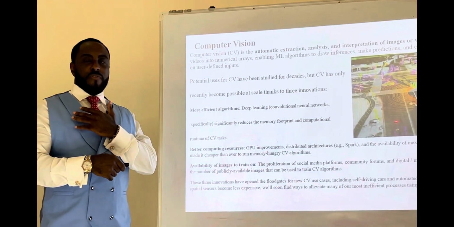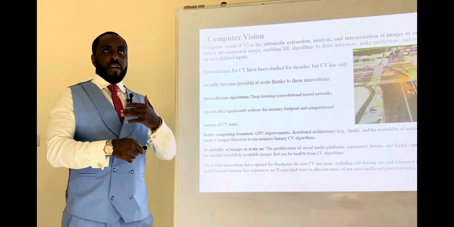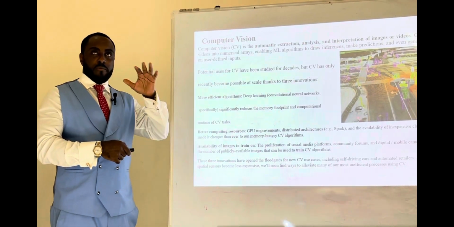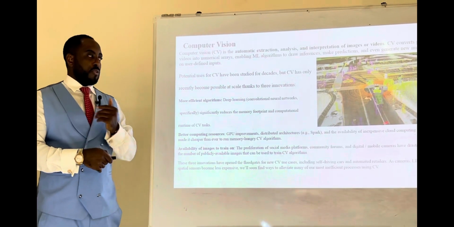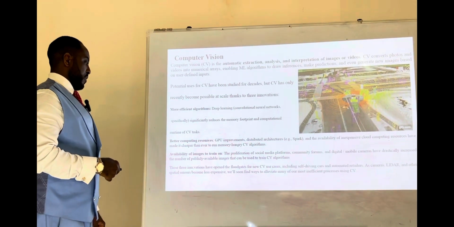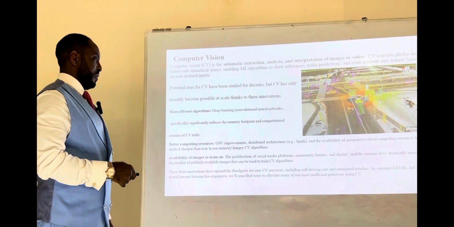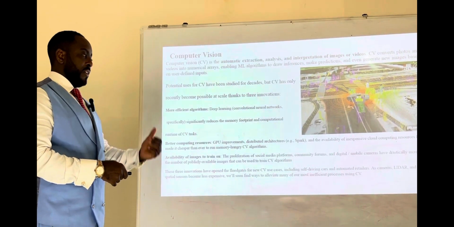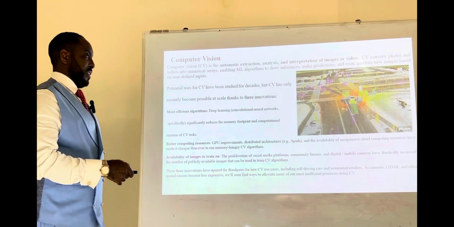Okay, so a particular instance of computer vision is that we might try to let this computer predict if I'm wearing this green color or this yellow color. And I can say, okay, whoever doesn't have this blue color cannot come into this place, so I can feed my computer to know what a green color is, what a yellow color is, okay? That's computer vision. So these three innovations have opened the floodgate for new computer vision use cases, including self-driving cars, okay? Of course, to be able to navigate, computer vision has been used in this area, and automated retailers,